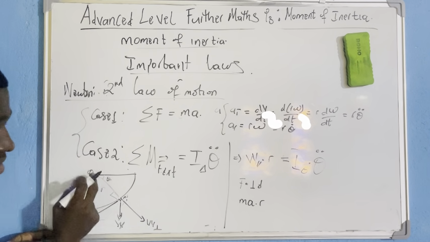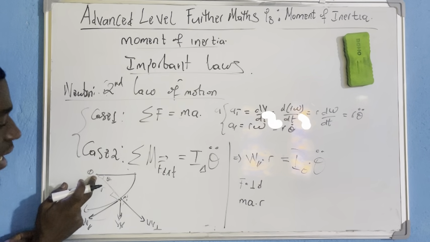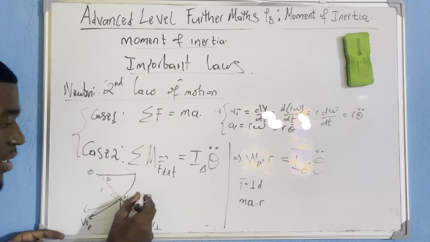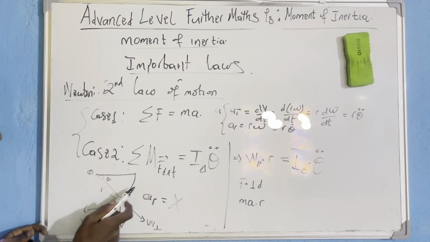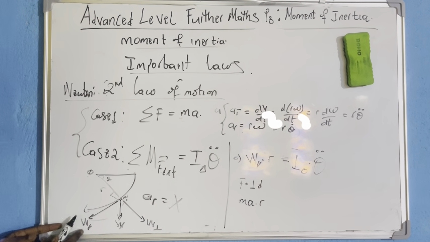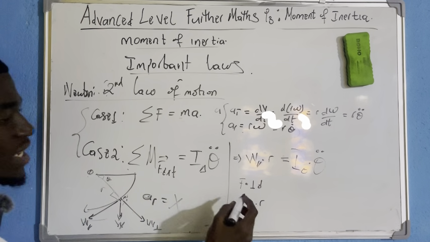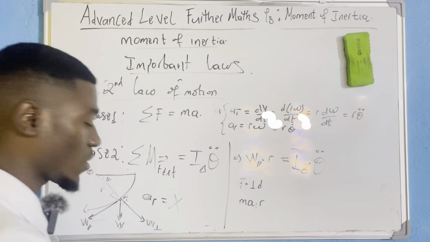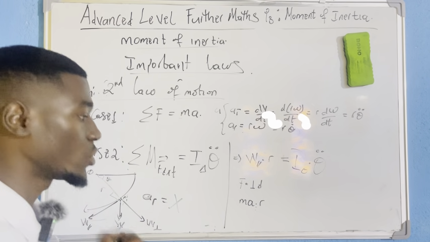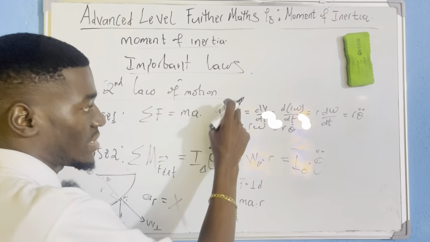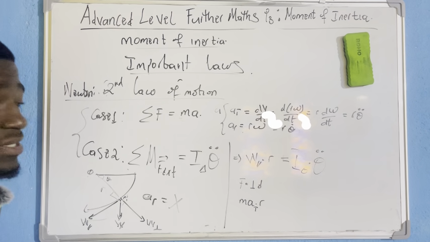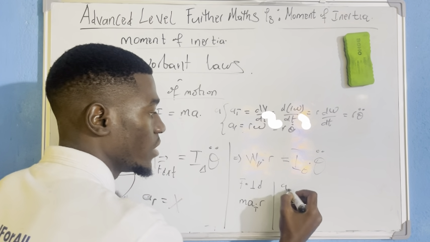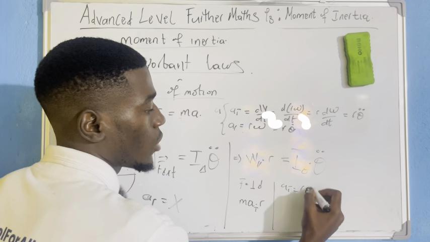The normal or radial acceleration is along the line of the pivot, so the radial acceleration has no moment. The acceleration which has a moment is the tangential acceleration, because the tangential force has a perpendicular distance from the pivot. A body undergoing rotational motion has two accelerations, tangential and radial, so directly I will consider the tangential acceleration. The tangential acceleration is given as r theta dot dot.